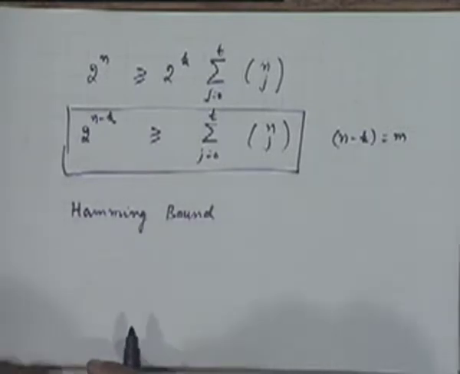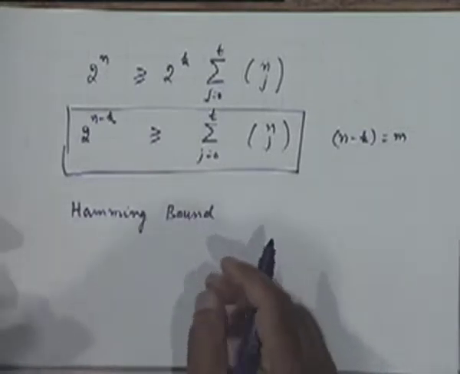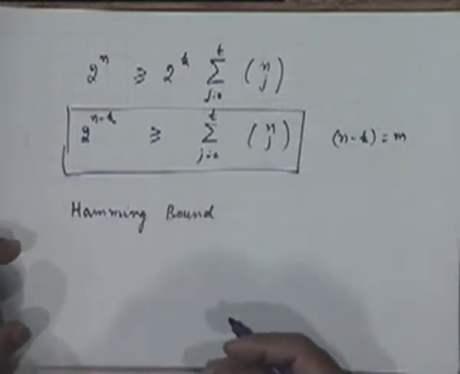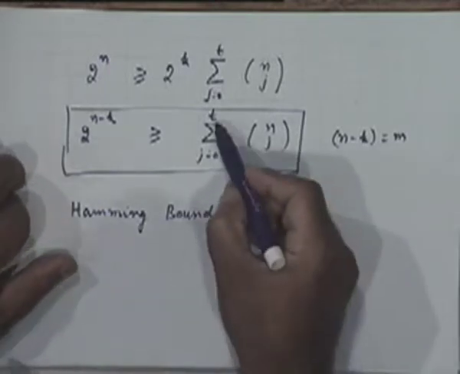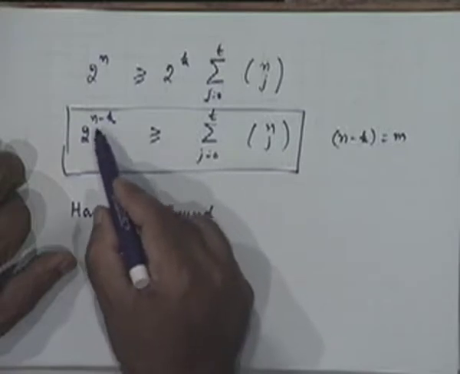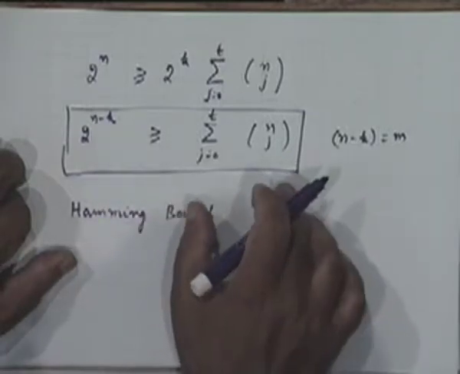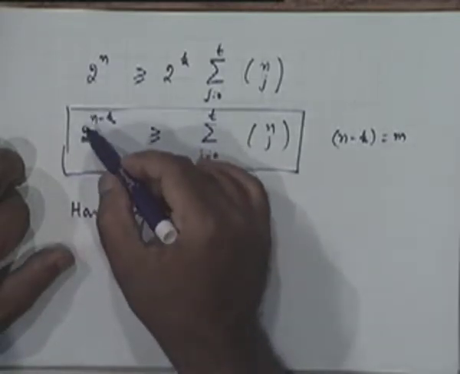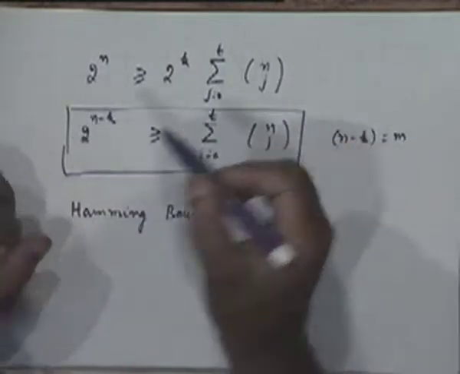So it's not an explicit relationship, it's a somewhat involved relationship, but one can tabulate it out, right? For a given value of t, one can work out the combinations of values of n and k for which this relationship will be satisfied. For a given value of t and k, you can determine a corresponding value of n, or in any other combination that may be of interest to us. Any question on this result?